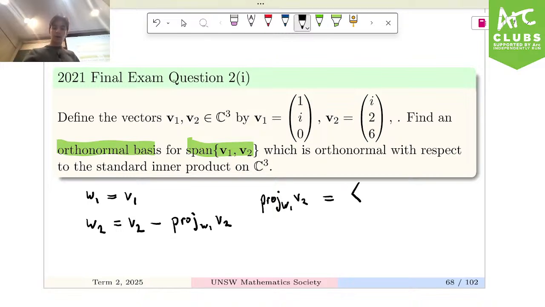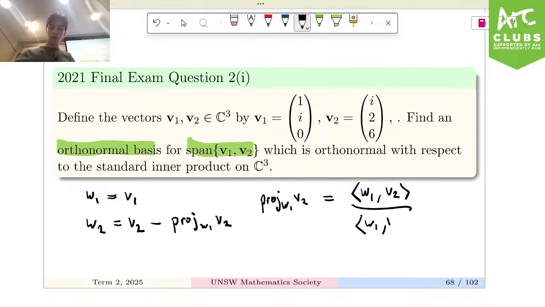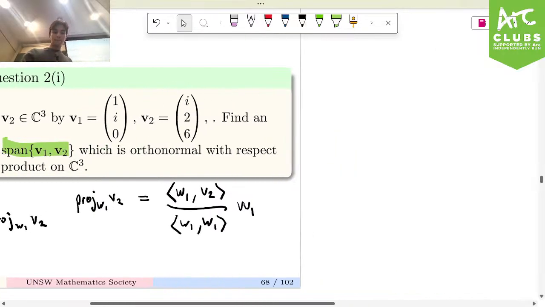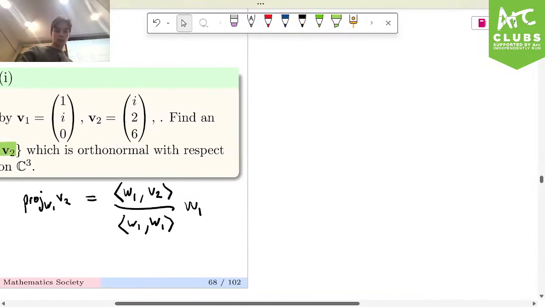We know from the formula that this has to be W1 V2 over the inner product of W1 W1, W1. And using the matrix notation that we learned before, matrix multiplication notation, we are going to rewrite this as